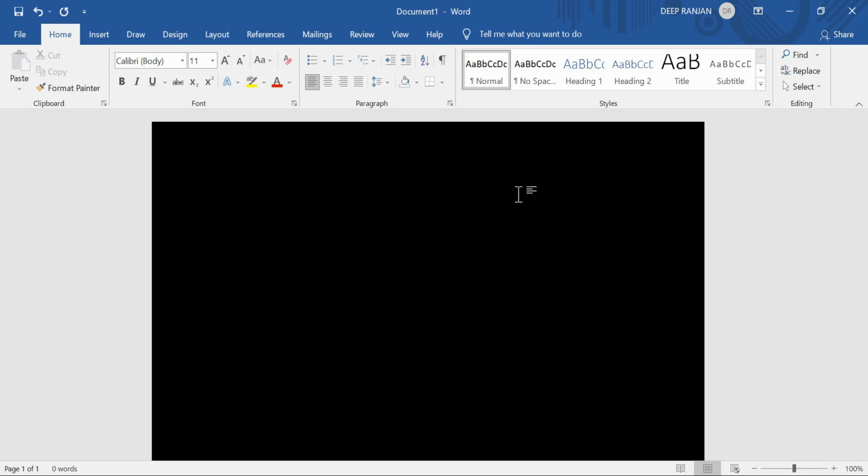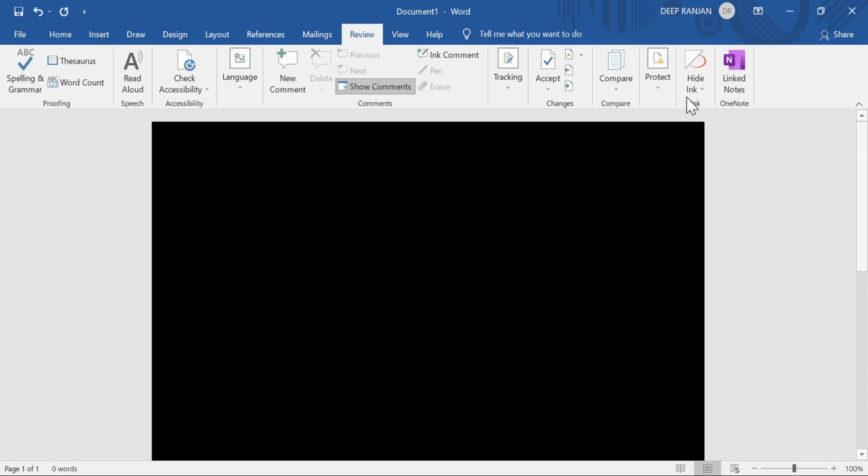You will go to the review option, and in this ink option you will find it. For me it shows hide ink, but for you in the 2016 version it will be ink, or the pen. Two names will be ink or pen.